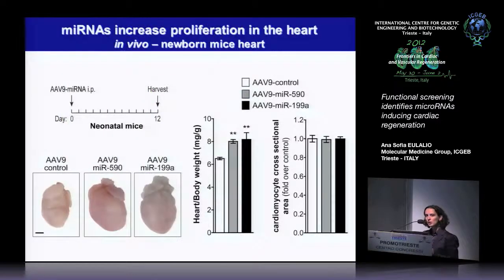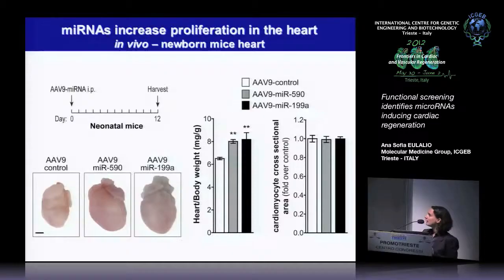Then we wanted to induce long-term expression of these microRNAs, and for this we used AAV vectors, and we injected AAV vectors encoding these microRNAs, IP, and look at their effect in newborn mice, and then we look at their effect 12 days later. You can immediately see here in these hearts that the animals injected with an AAV encoding for the microRNAs are much bigger than the control hearts, and this again is not due to